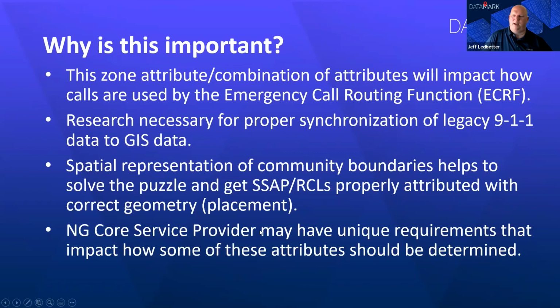Next-gen core service providers, which are those functional elements inside the ESInet, the Emergency Services IP network, that do the answering of the questions and move the data along and actually route the 911 call, have unique requirements that impact how some of these attributes should be determined. When you see the final version of version 1 of the GIS data transition document that the NENA working group that I'm a part of is working on, you'll see some guidance as to the types of things you should be